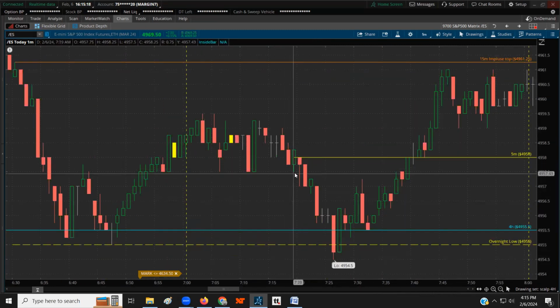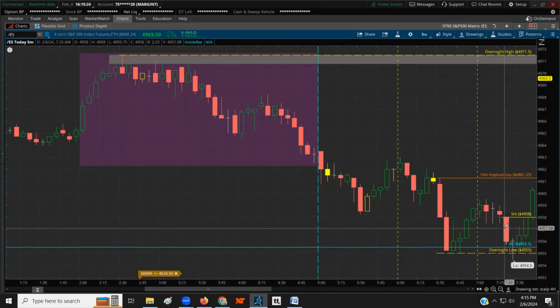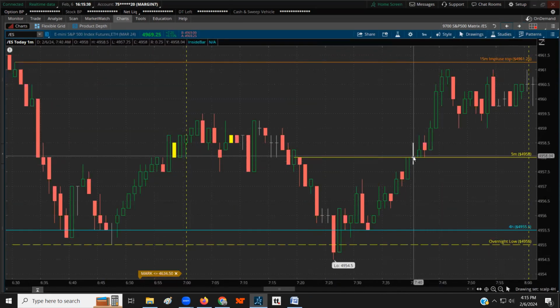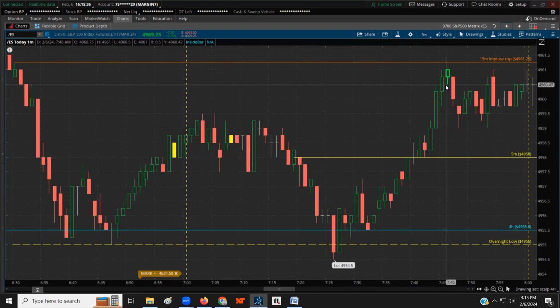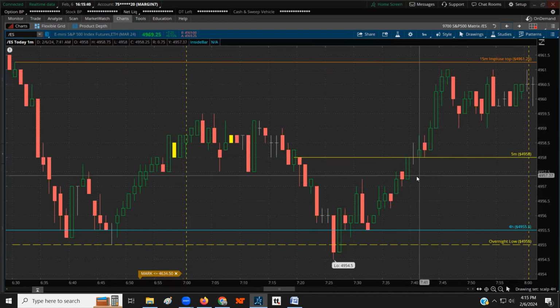So again, this was the 5-minute candle high, and we had that breakout. That high, that red candle was there. Again, that was the red candle right there. And here's where we broke above. So we bought long there. Nice. Several minutes ran up for a nice scalp, depending what your money management is. Maybe you had your stop a few ticks below. Depends what your stop is. But again, the opportunity was